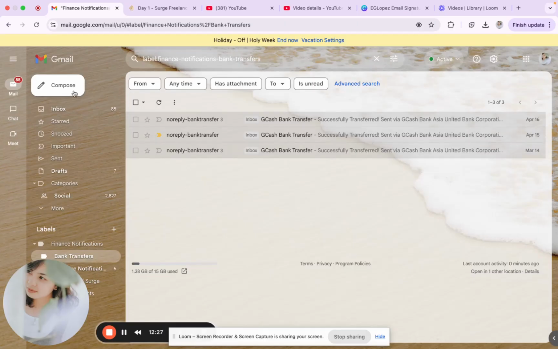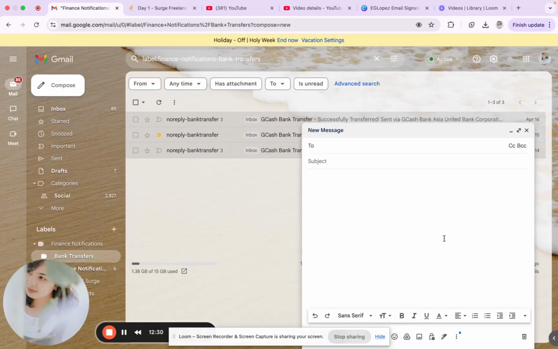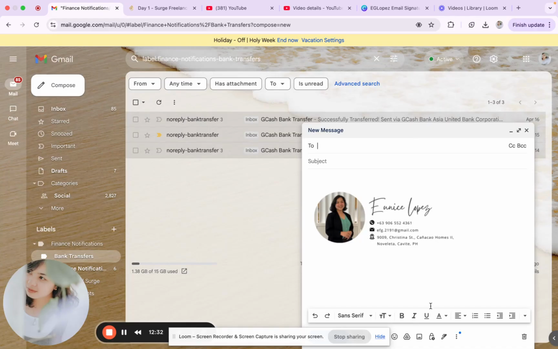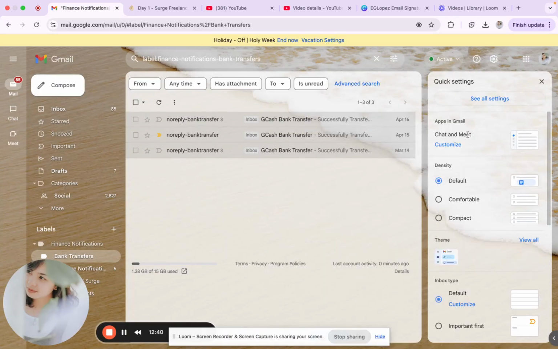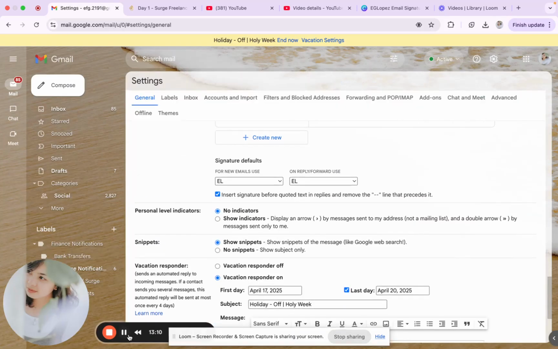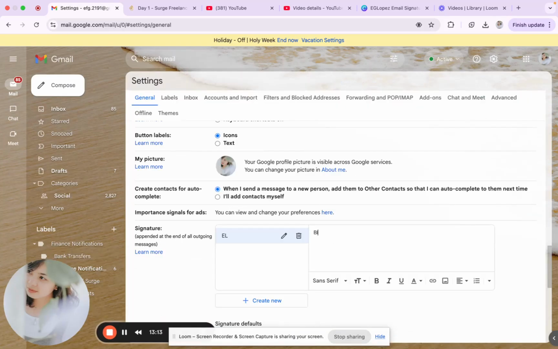So let me now check if that works. Okay, it uses my email signature. Maybe I could add a bit more. So let's try to add it again, this time with a salutation. Let's choose this one, a bit large.